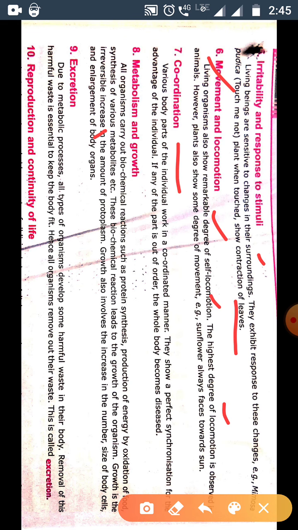Next living character is coordination. You see and you feel, all the organs that grow in the body, their growing is coordinated. Your left hand and your right hand grow the same, not differ. That is called coordination. All the body organs respond in growing and their reactions with a better coordination.